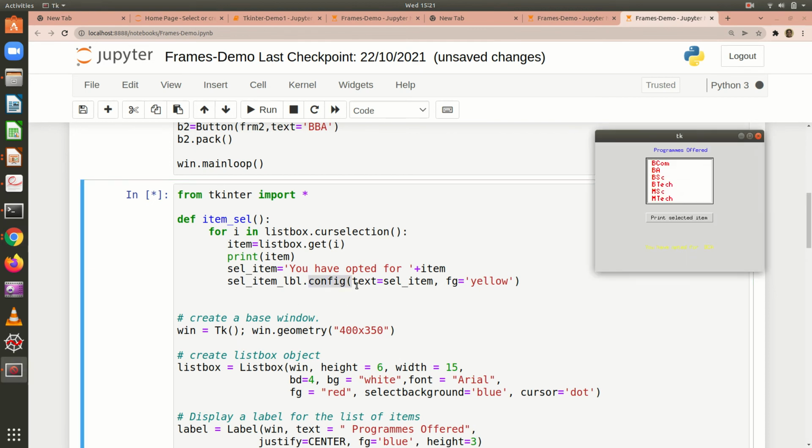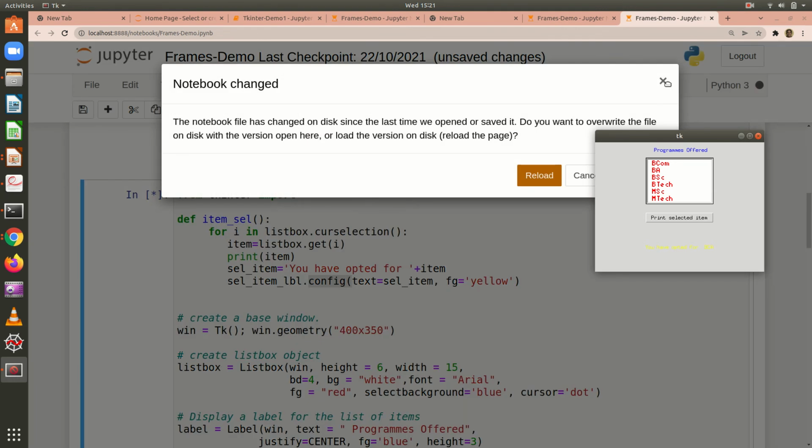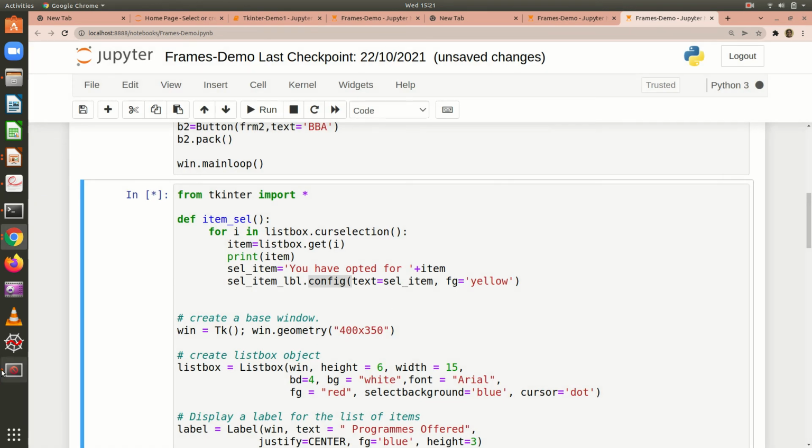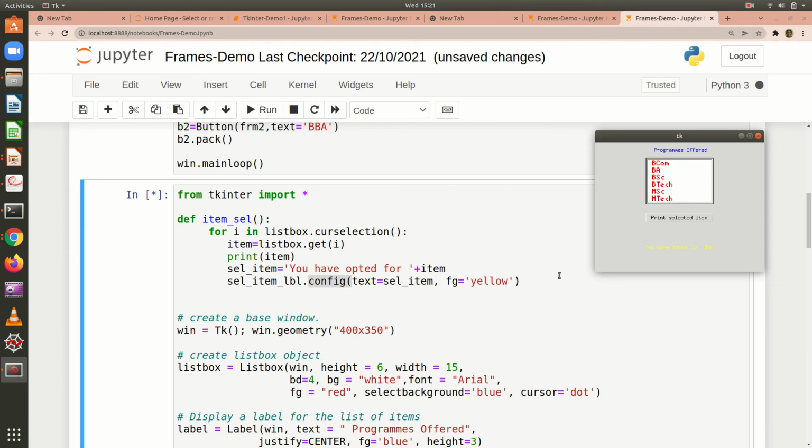I repeat, the config function of the widget is used to assign a value to an option during the execution of the program. Okay, and I say foreground color must be yellow.